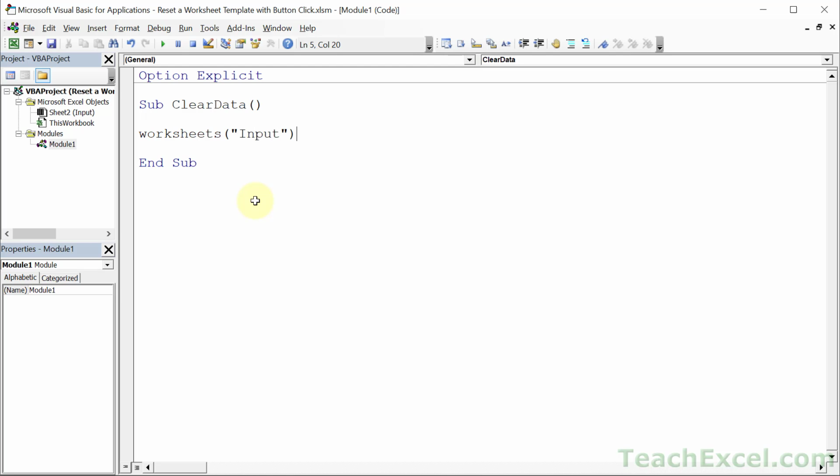So Worksheets("Input"), then we do a period and type Range, and then give it a range reference like we're used to doing in the worksheet. So our first cell or range that we want to clear is D3. So we type D3 in there, and then a period, and we are now working with cell D3 on the Input worksheet. And what do we want to do? We want to access what's called the Value property and set it equal to whatever we want. Now if we set it equal to nothing, so quotation marks with nothing between it, it's going to clear the